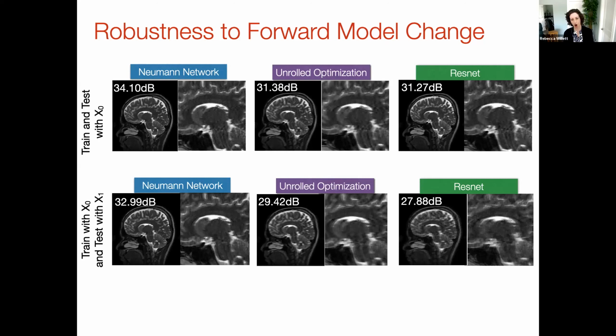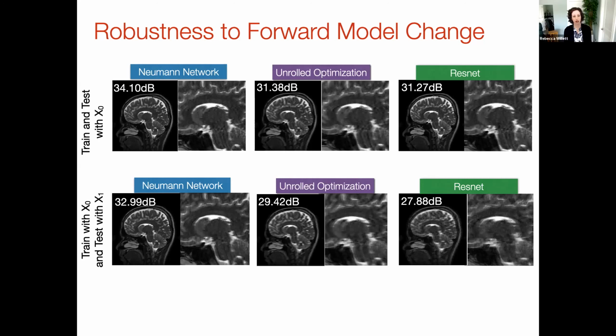And what we see is that for all of these different methods, we see a drop in the PSNR. And it is somewhat to be expected, right? This is a harder problem now. But what we don't understand is how big in general that drop should be, or how robust these different architectures are to these changes, and whether different elements of these architectures imply a different level of robustness.